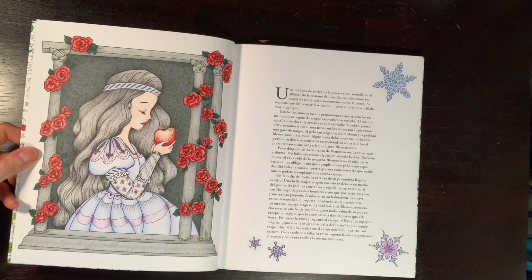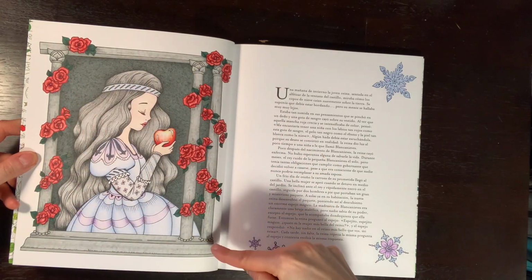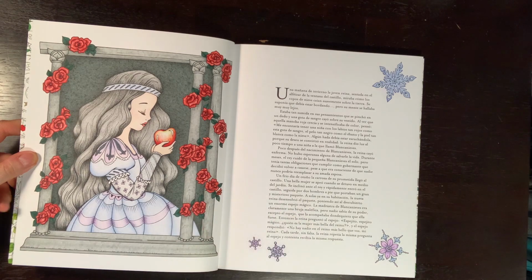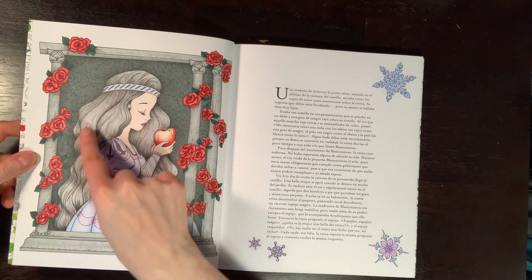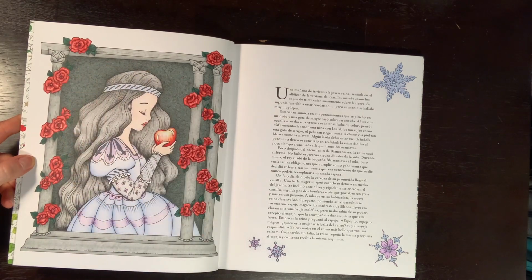I used the Ohuhu water-based markers again in the roses, and in the leaves, and where else? I guess I can't remember. No, a little bit in the apple, and a little bit in the hair, and some of the details of the hair. And then in the background, I used Crayola Super Tips for that dark gray, and then actually